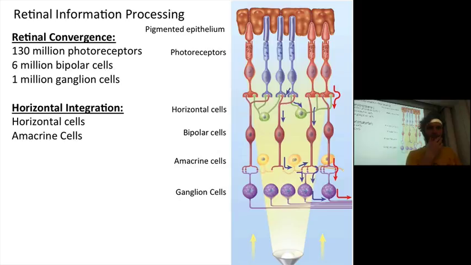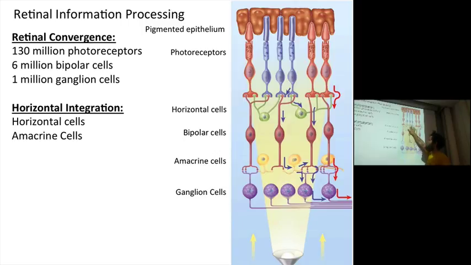All right. So, and this is just sort of belaboring this concept of retinal convergence. I've said this before about the information processing that happens within the wall of the retina itself. There's this retinal convergence of 130 million photoreceptors that are being monitored by a single magno ganglion cell with 6 million bipolar cells. However, there's also a horizontal integration, and I have a couple other slides that expand upon this a little bit more, but I've cut them out for the sake of time. And these are mediated by both the horizontal and the amacrine cells. Horizontal at the